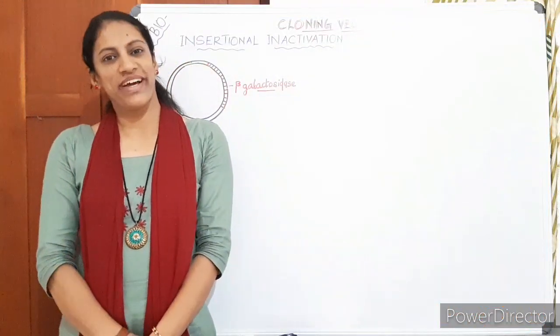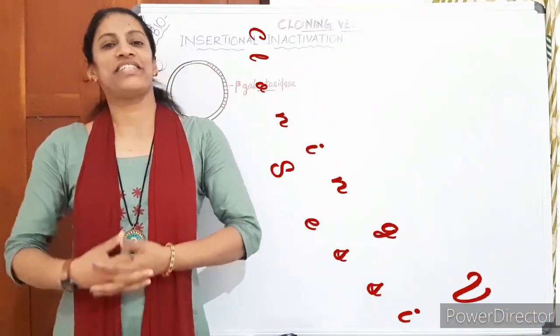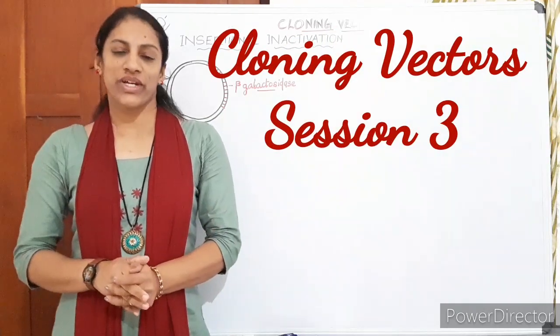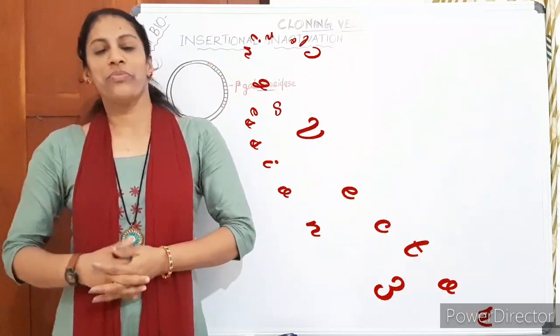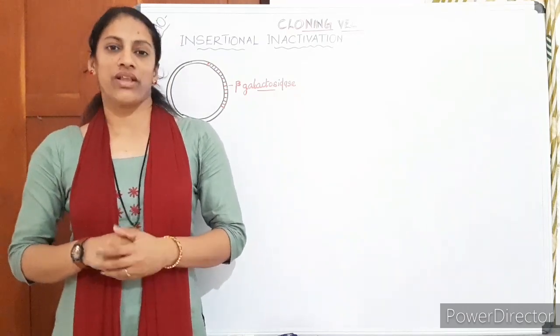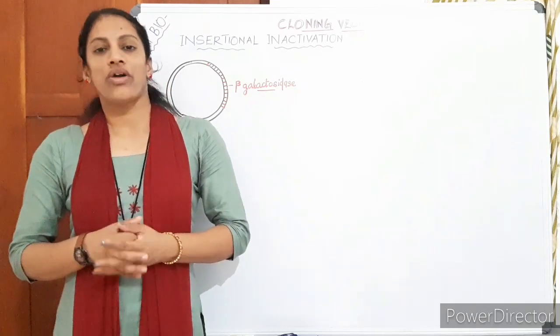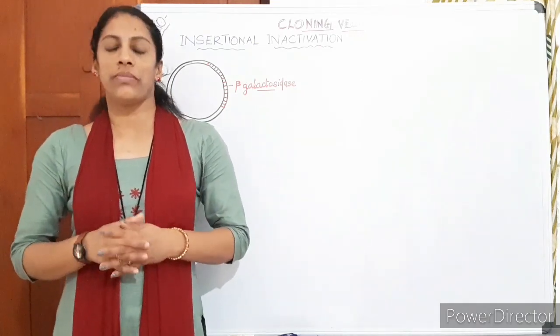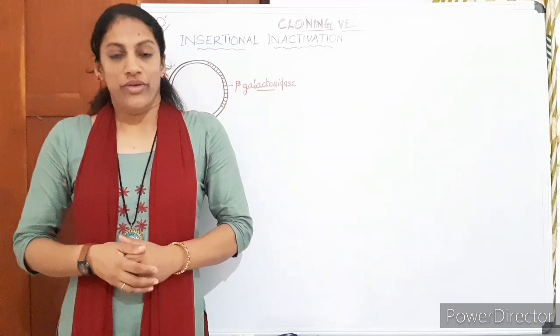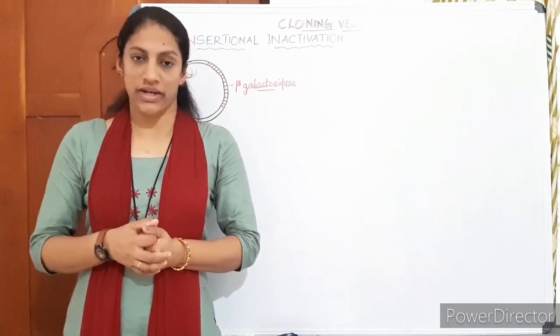Dear students, welcome back. We were discussing the cloning vectors. Let us continue the topic, cloning vectors, from plus 2 biotechnology. Here we have discussed the characteristics of a cloning vector: presence of ori sequence, cloning sites and selectable markers. Today we are discussing another concept of selectable markers.